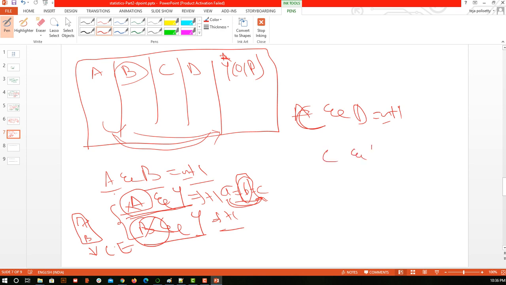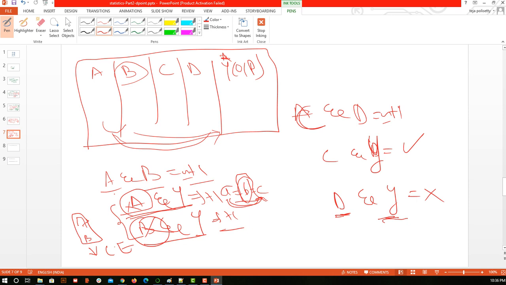Let's suppose C is related to Y. Yes, but I mean C is related to Y. Yes, but is D related to Y? No. So what I can say here is there is some other information which D is giving to Y. Okay, so if D is showing the direct relation and C is also a direct relation, then I can say one of them is fine, as we have seen in the previous case.